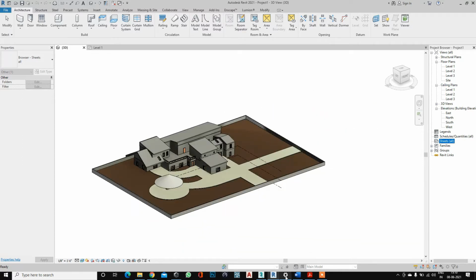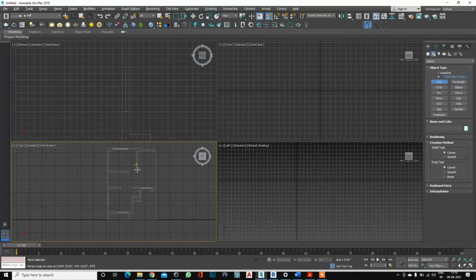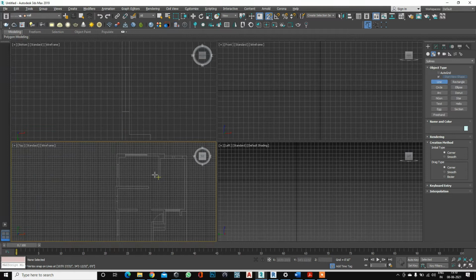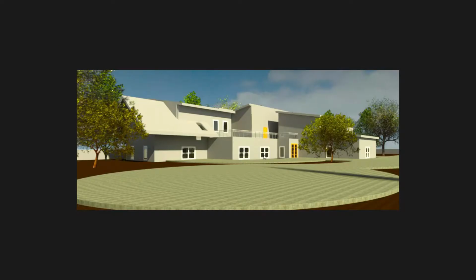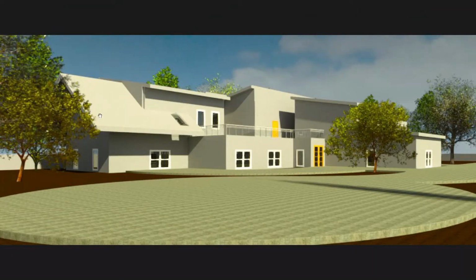So for doing the rendering, we are using 3ds Max. Okay, in 3ds Max, same thing, we can create the 3D models and give the realistic rendering. Okay, let me show you the difference between two renders. Okay, see, this is the render done in Revit. Okay, did you see this? It goes to a certain limit, but not so clear and not so realistic.